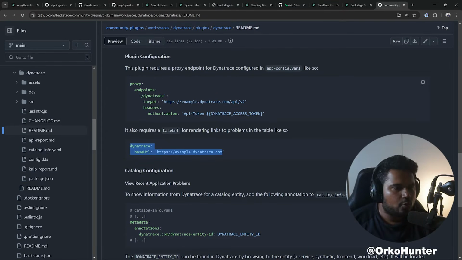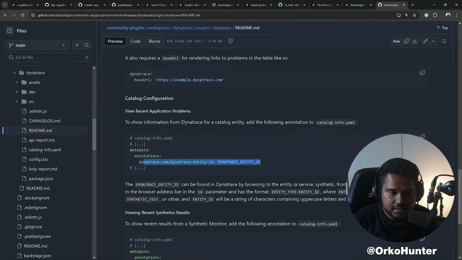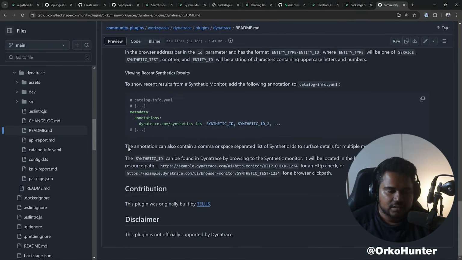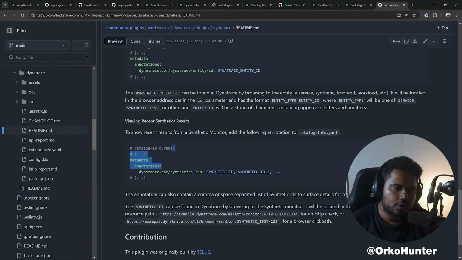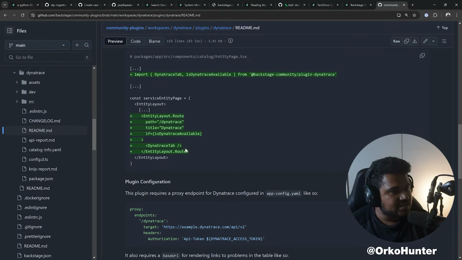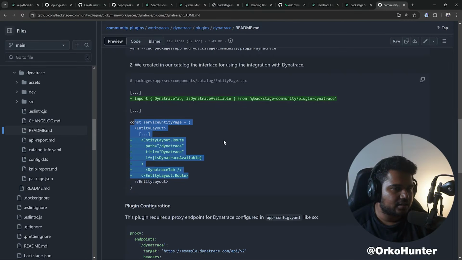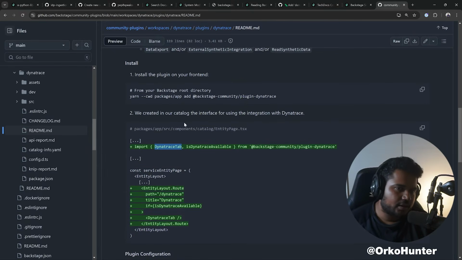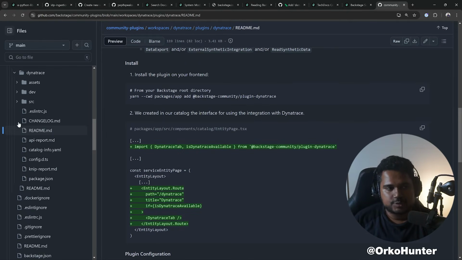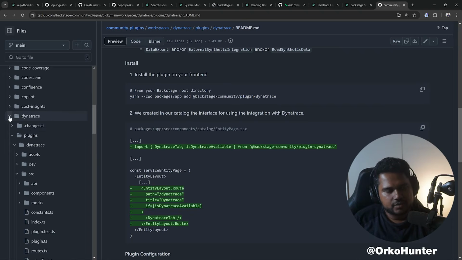And then it could need more configuration, like, what is the base URL for my Dynatrace instance? It needs an annotation just like the other one. Some plugins can have one or more annotations. Some plugins can also have one or more entity cards. So they could either be a card that they're exposing on the overview page, or a tab they're exporting, or a full page plugin. A very good example for that is